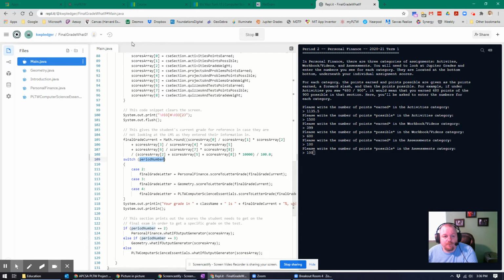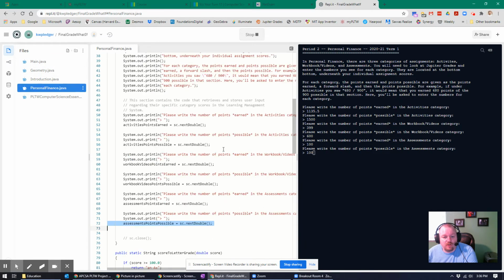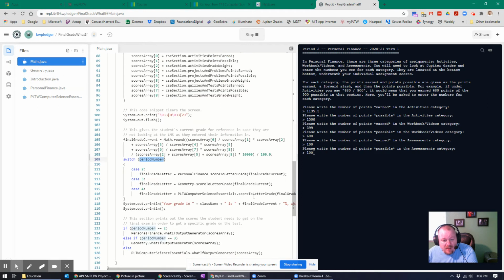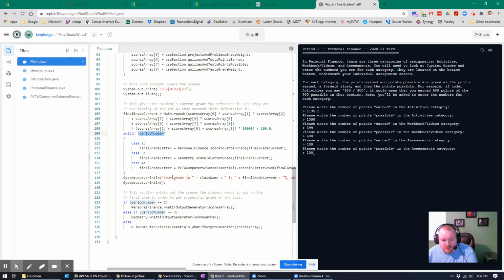Okay, so let's look over here. So whatever the letter is. So here's score to letter grade. A plus is 100%, A is 94%. So it's going to take that number grade that it calculated here, and it's just going to tell you what letter grade it is. And it's going to say your grade in the class is blank percent, which is a B minus or whatever. And then